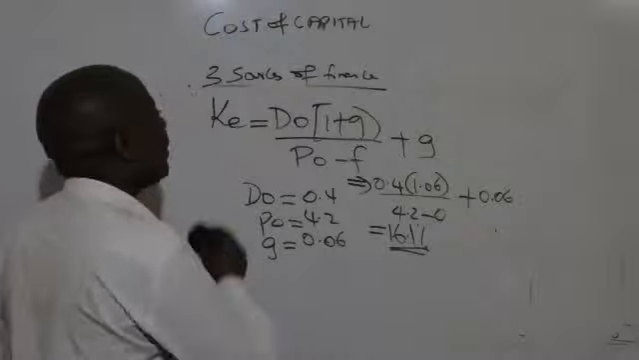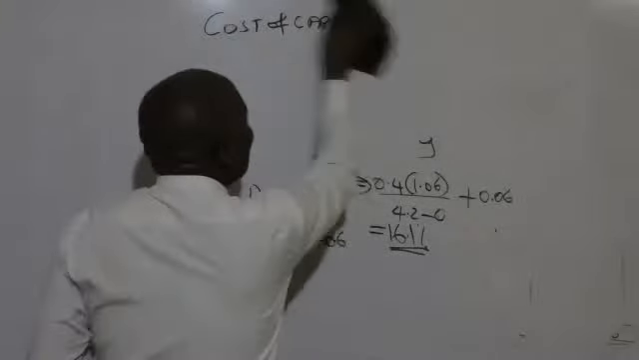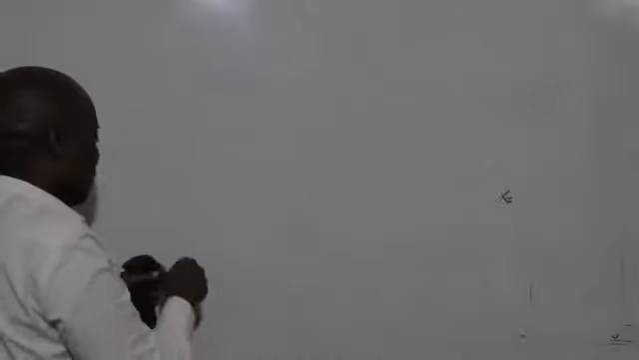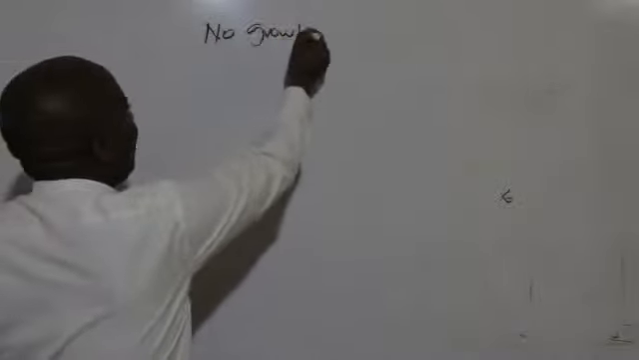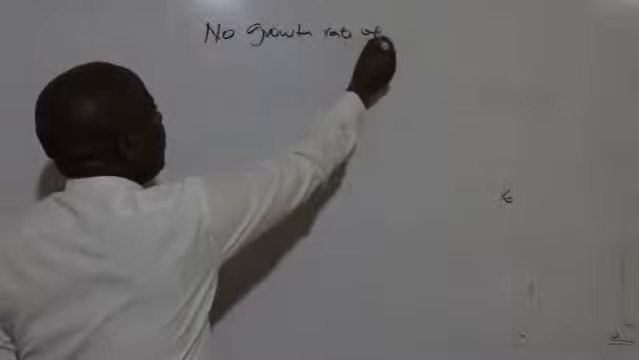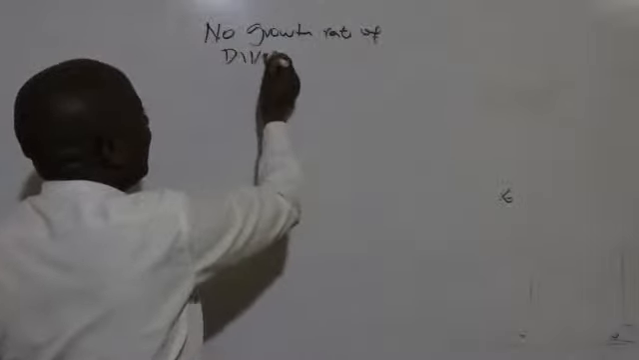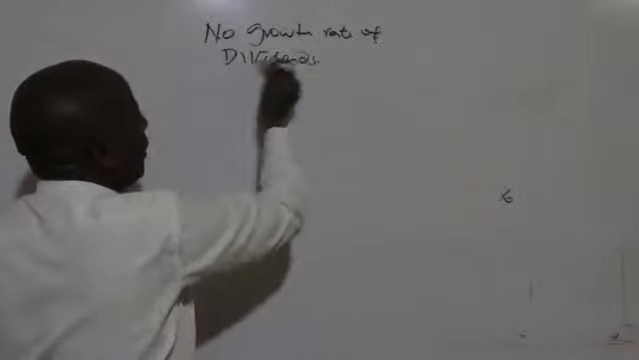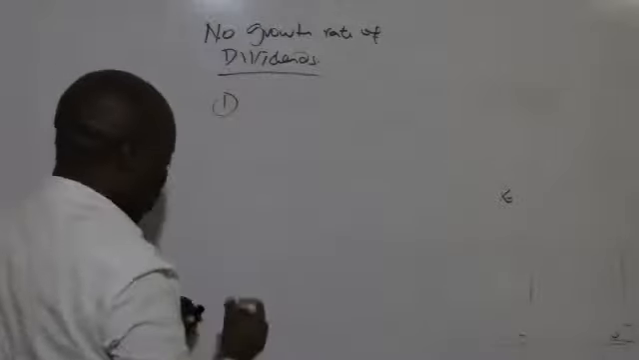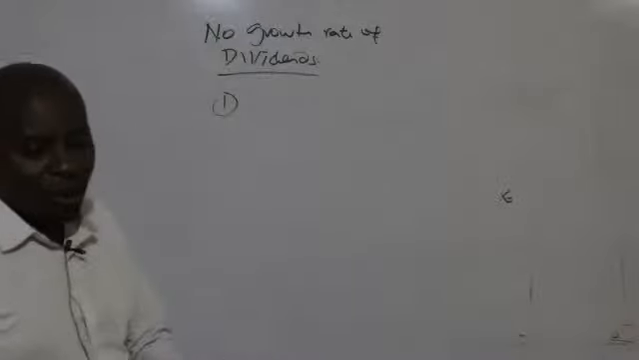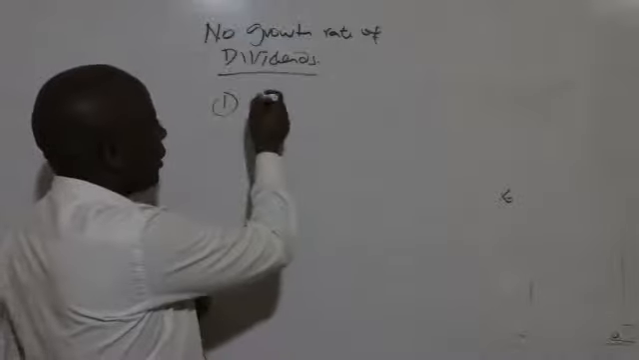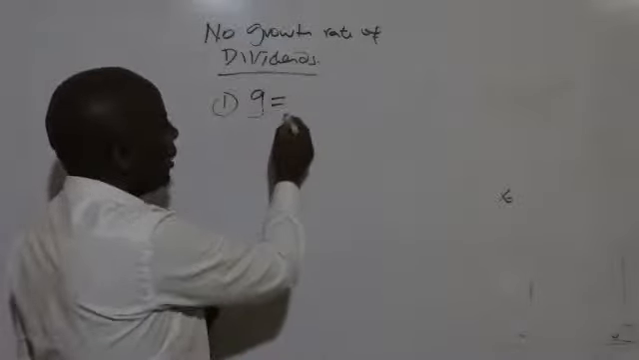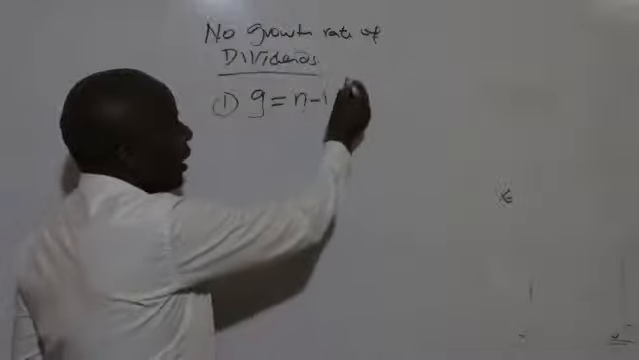In most cases, if you look at your past papers, your growth rate is never given. If the growth rate of dividends is not given, there are 2 ways that we could use to get this growth rate. One of the ways, I want to believe you still remember this, is that our G will be equal to n minus 1 into,